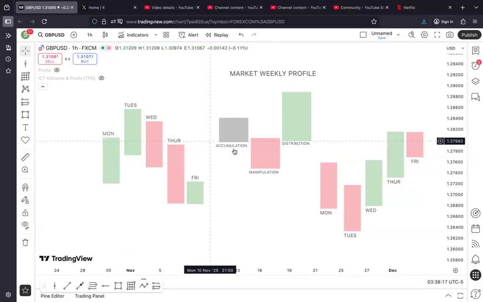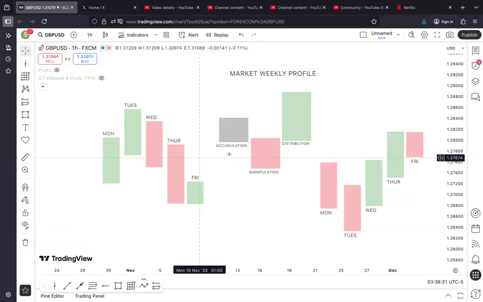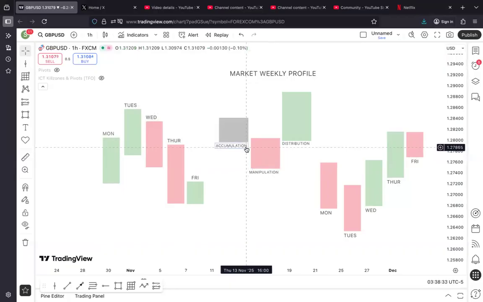So most Mondays, you want to consider Mondays as your accumulation day. And that simply means that you do not want to engage the market on Monday. So one of the reasons I do not trade on Monday is just because of this simple idea. I do not trade on Monday basically because usually Monday accumulates, induces buy stops, sell stops, and because I don't really get so much significant moves on Mondays, I just stay on the side and observe what price would give, right?